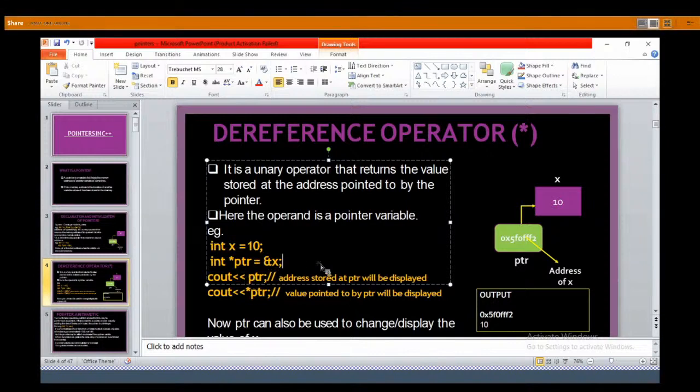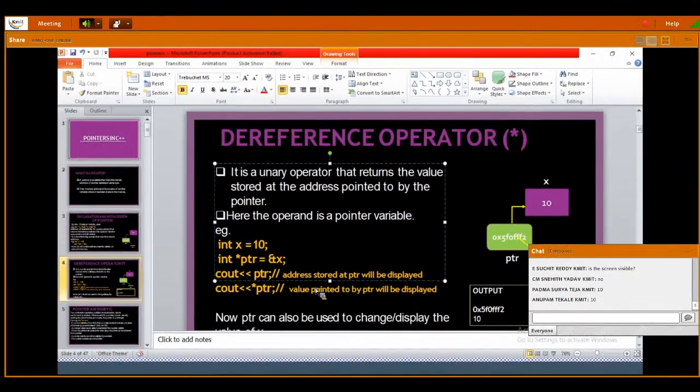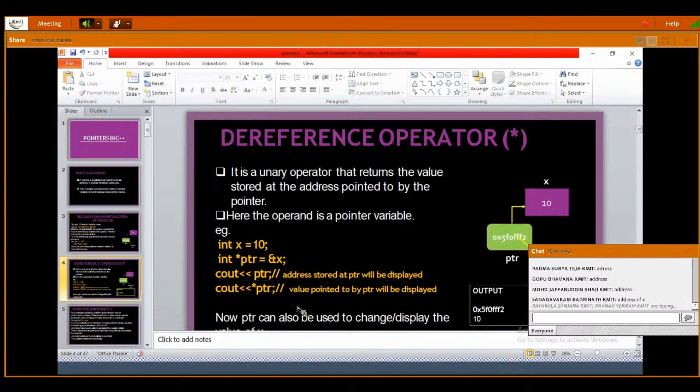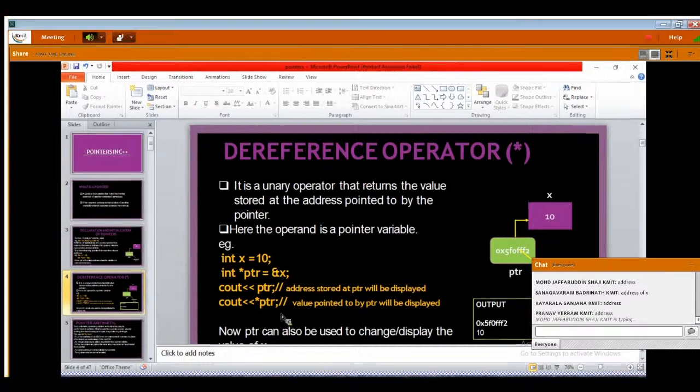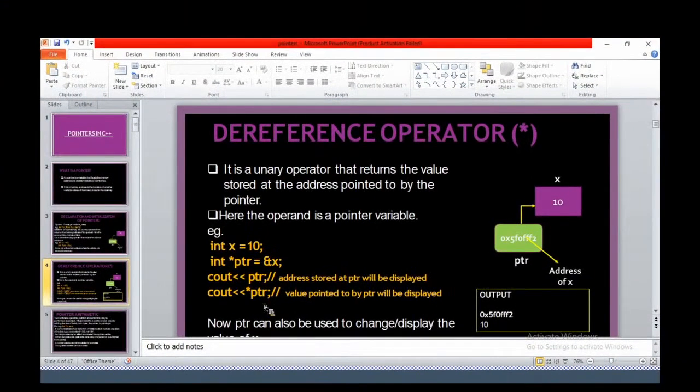So here I have written one statement, cout ptr. I am printing the ptr. What is the output? Ptr returns the value or address. What is the value of ptr? Address. Okay, very good. So next I have written one more statement, star ptr. Star ptr is nothing but, as I already said